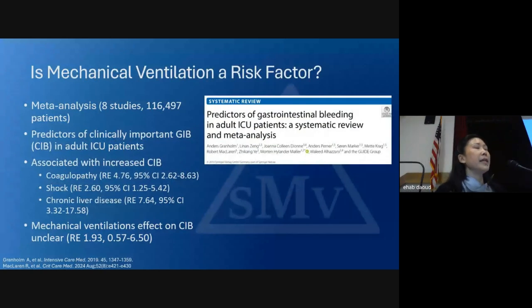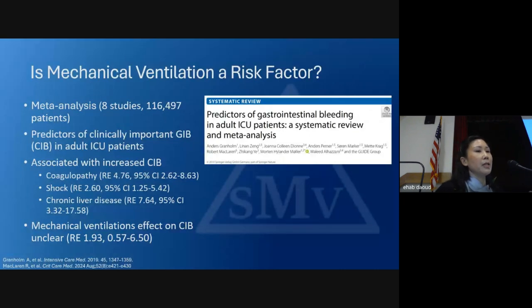So, the question of the hour: is mechanical ventilation a risk factor? So there is this meta-analysis and study put out by Granholm and colleagues, and it's kind of supported by literature by McLaren and colleagues. Granholm and colleagues' evidence in these studies supported the recommendations for the updated guidelines, the 2024 critical care guidelines. So this meta-analysis showed